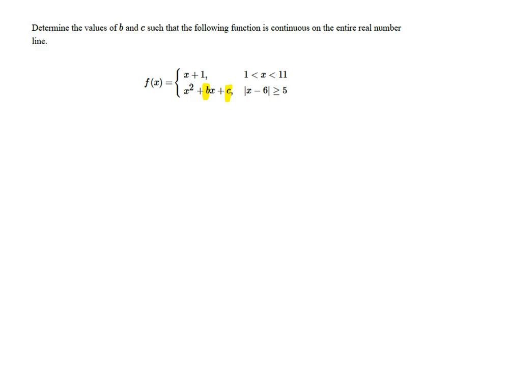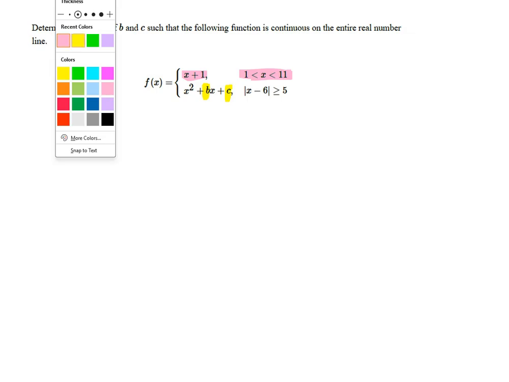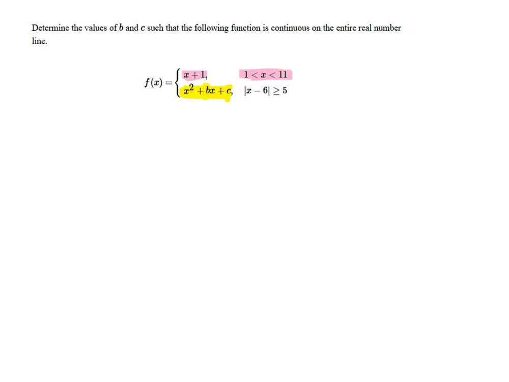But for the top graph, for x plus 1, you can only use that for x's that are between 1 and 11, but don't include 1 and 11. And then on the other one, for the x squared plus bx plus c, you can use these x's, which looks confusing,